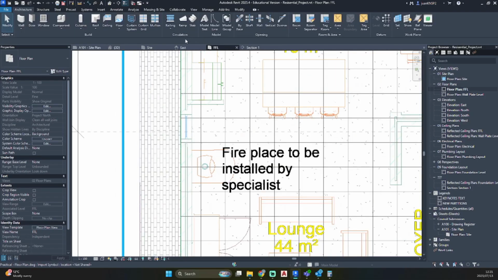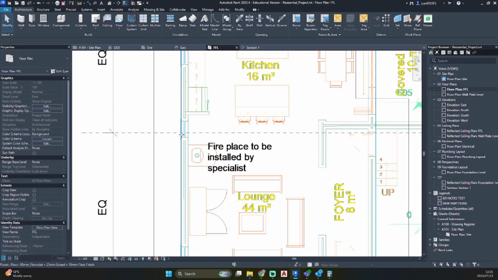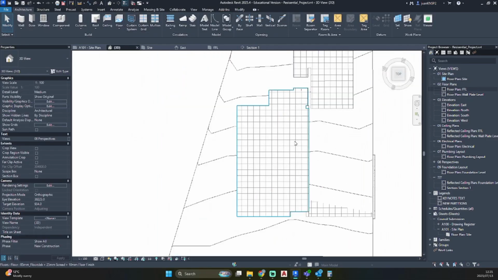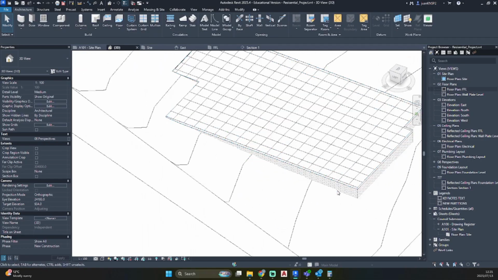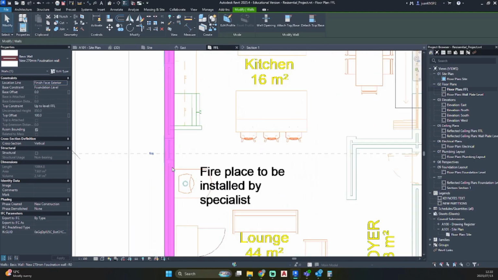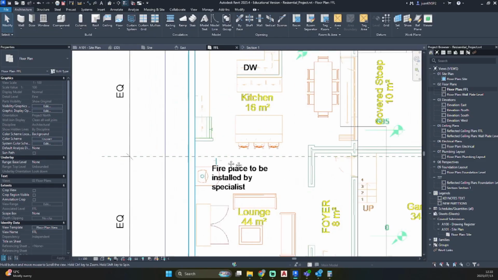So let's go and press SL. Okay, so our foundation wall is not visible. I'm going to go back to 3D. Just going to click on the wall. Give it a top offset of 100 just so that it pops up, so that we will be able to see it in our floor plan.